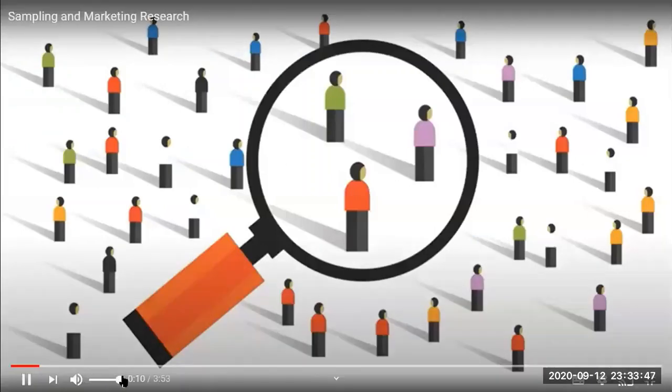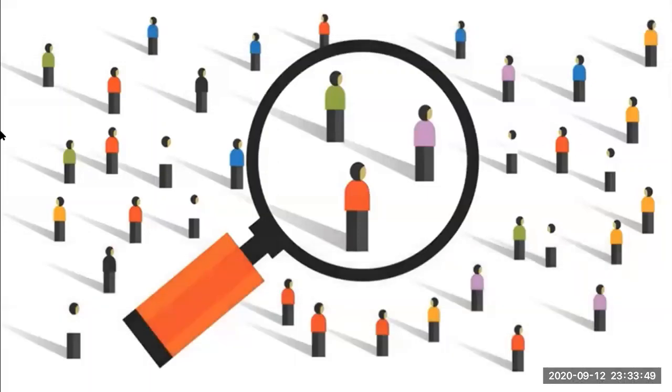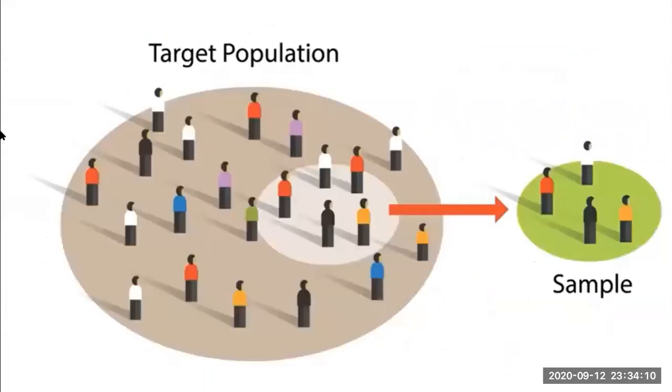I suppose the key with sampling is to understand its purpose in research. Let's say, for example, we're trying to sell a product to people in the UK, big population out there. We'd really like to know more about what that population is about, what they're looking for, our target audience. And in an ideal world, we'd ask them all, do some research with them all, but of course, it's not practical. So what you have to do is you have to take a sample, a small group from the target